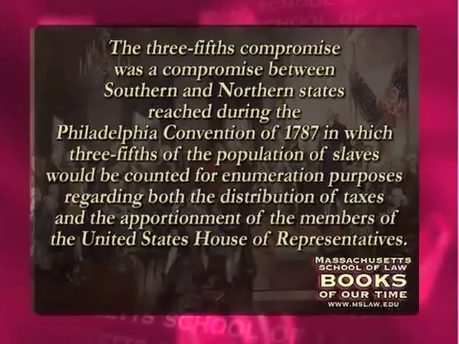But another key clause, the 3/5 clause, was in part intended to protect Southern political power. And during the course of the 19th century, down to 1860, that gave the slave states, well, it varied according to each census, but usually somewhere in the neighborhood of 15 to 20 more congressmen and more electoral votes than they would have had if the slaves were not counted as 3/5 of a person for purposes of representation. I think another factor is that